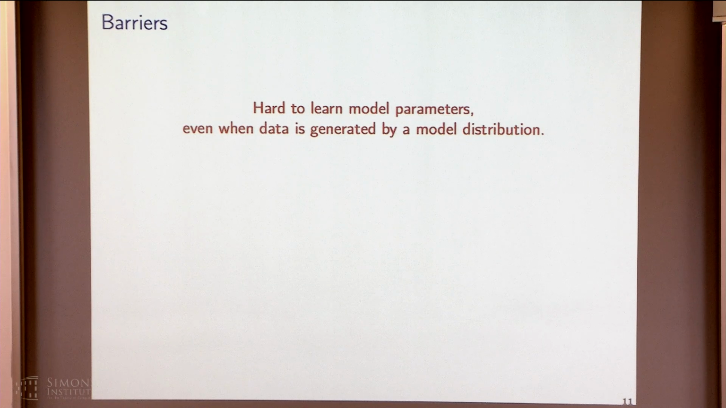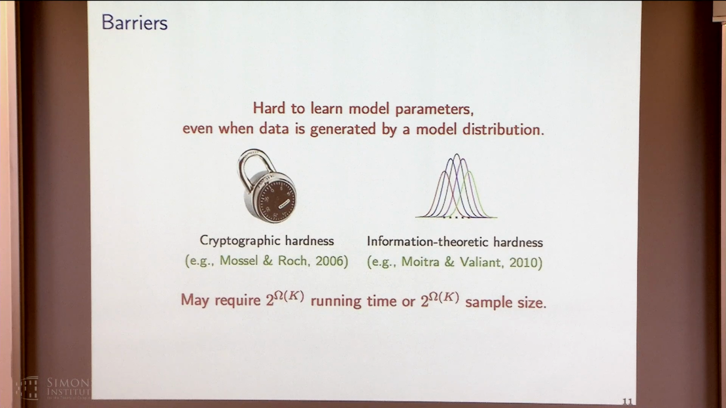Even in the realizable setting, it's not so clear whether we can do it for some of these learning problems. There are various cryptographic or computational barriers, where you encode some average case hard problem to look like a learning problem. Or there are information theoretic barriers that say there are some distributions that have very different parameters but are very similar in total variation distance. In these cases, it seems like you might need exponential running time or an exponential number of